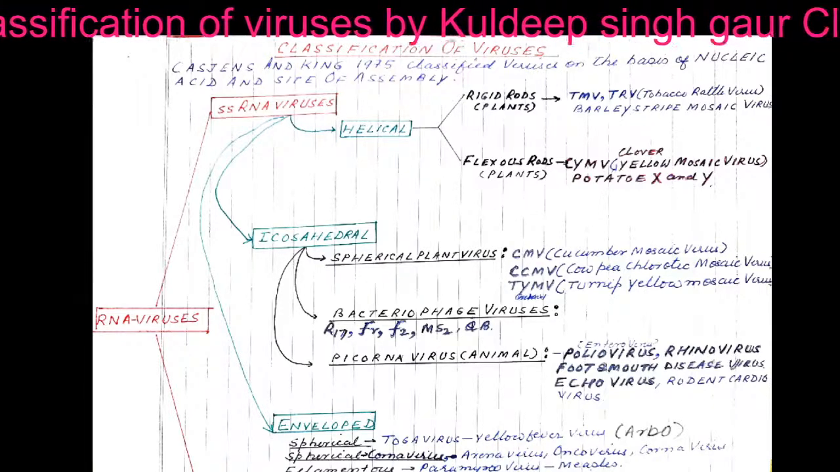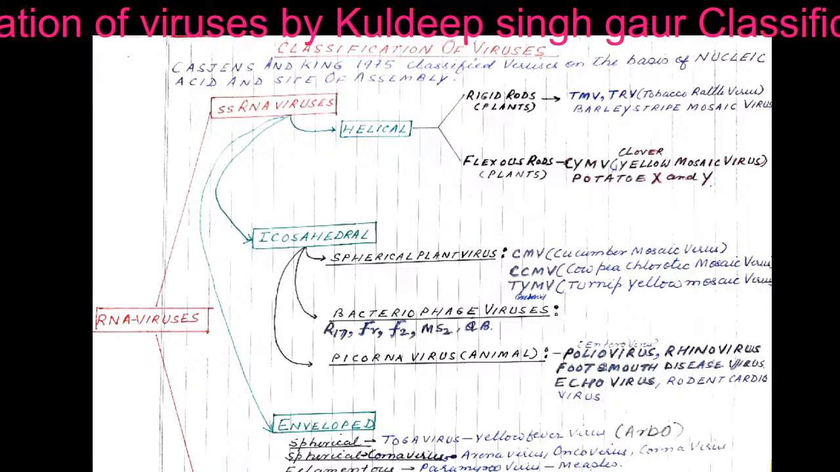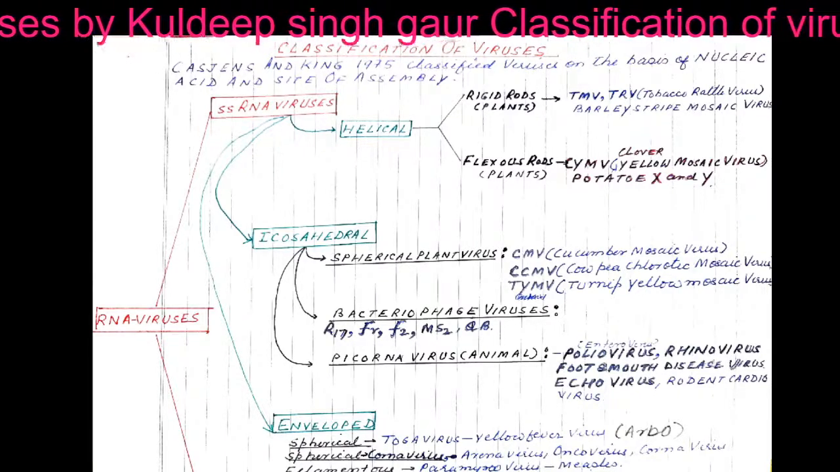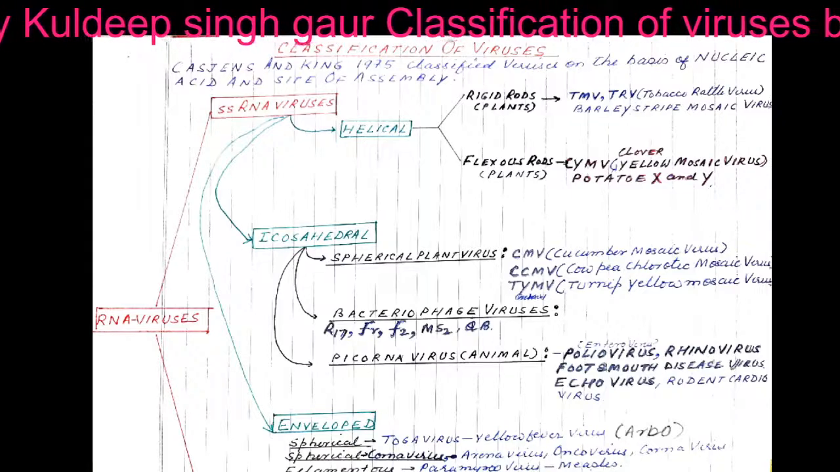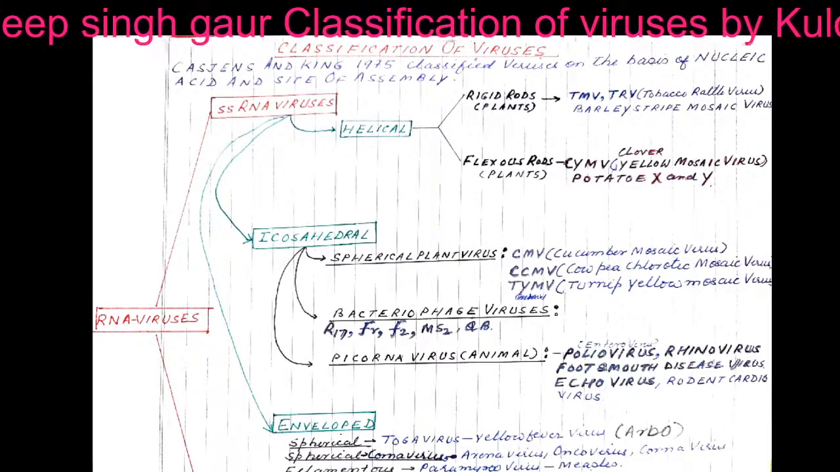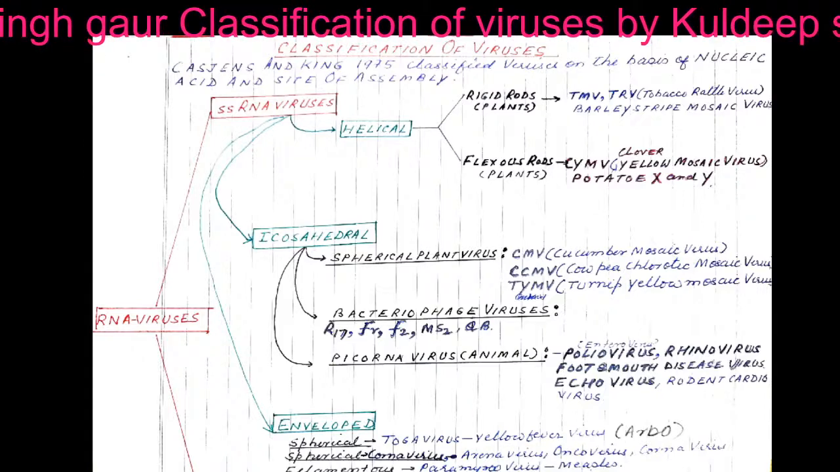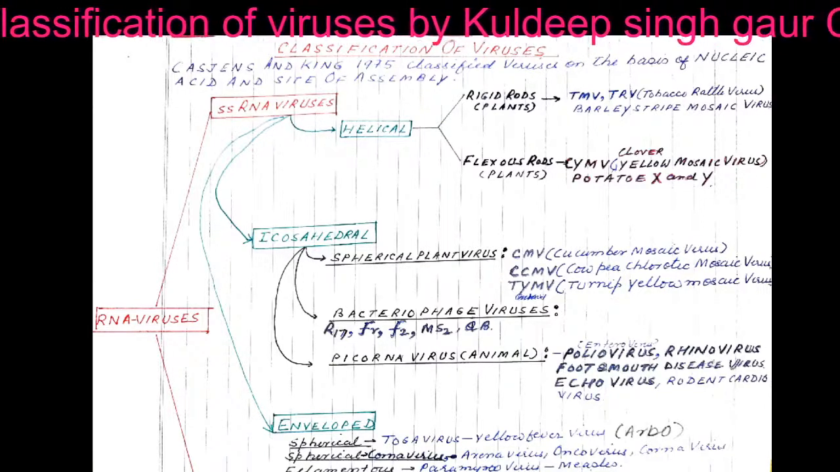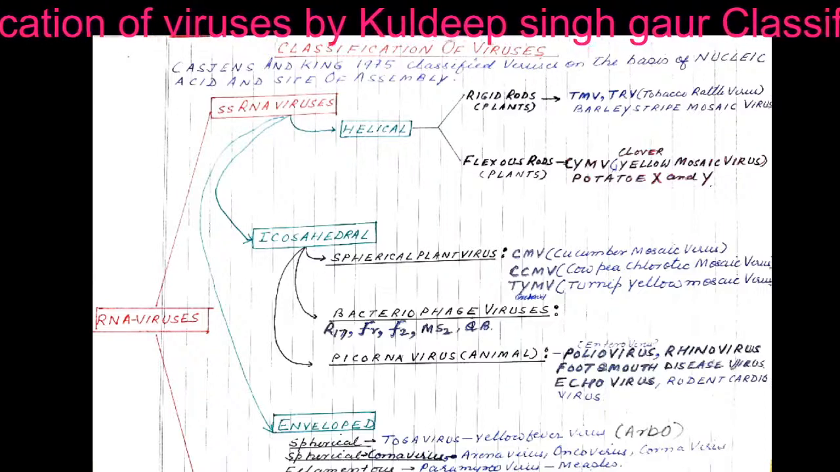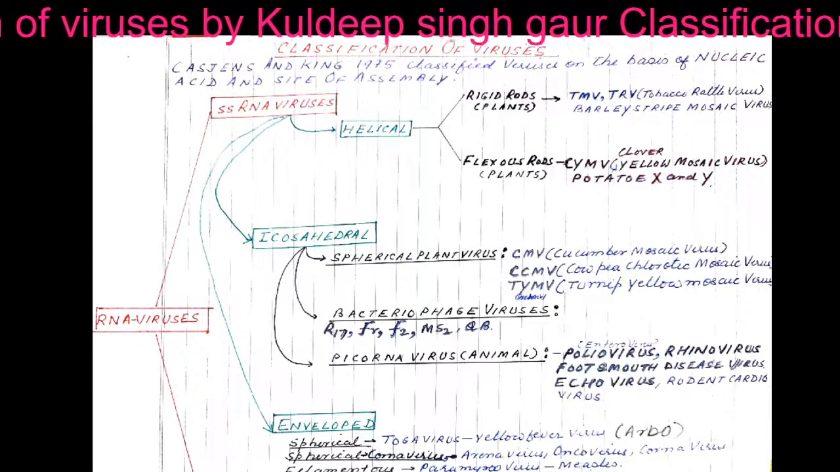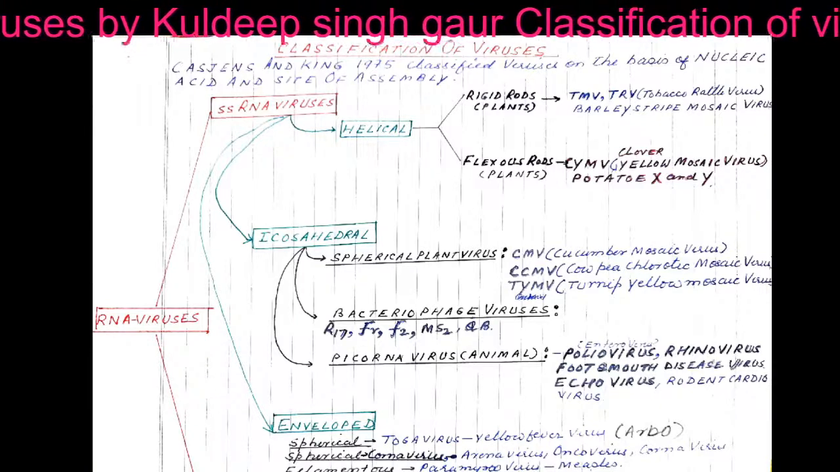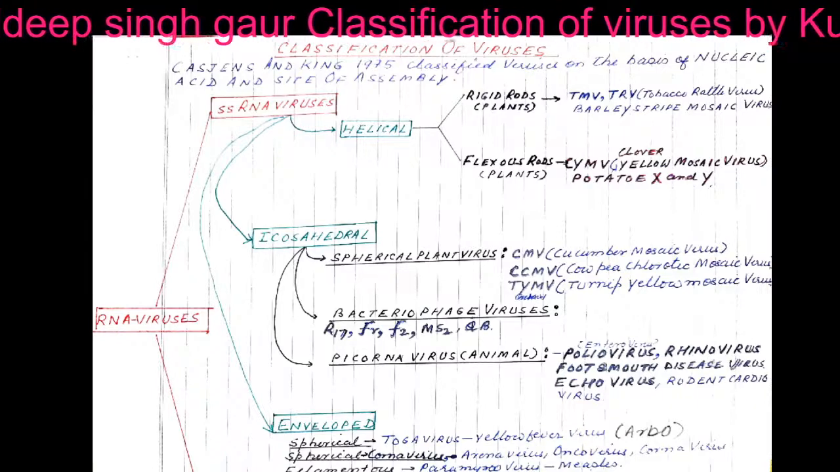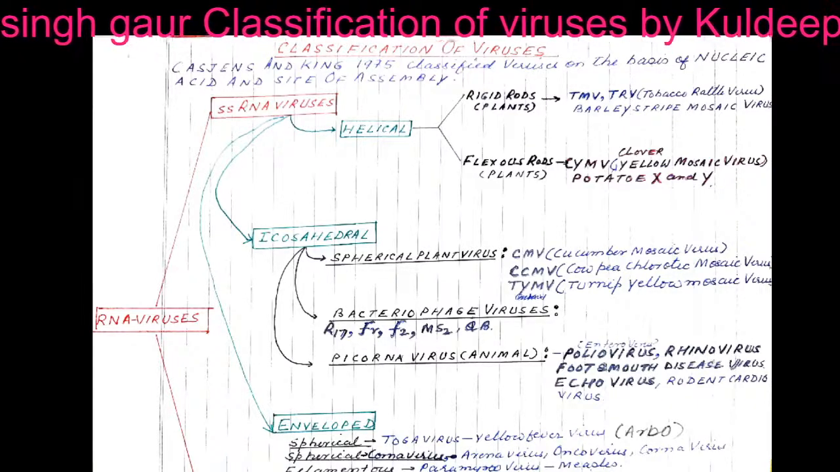The single-stranded viruses which have icosahedral symmetry are spherical plant viruses, which include cucumber mosaic virus, the CMV, the CCMV, which is cowpea chlorotic mosaic virus, and TYMV, the turnip yellow mosaic virus. The bacteriophage viruses are R17, fr, f2, MS2, and Qβ. Icosahedral